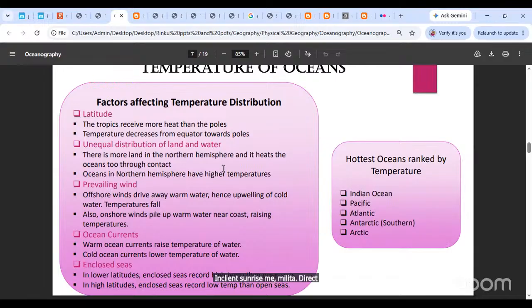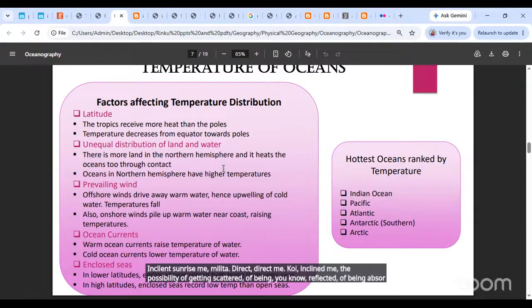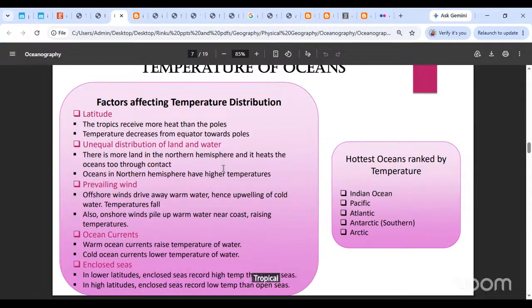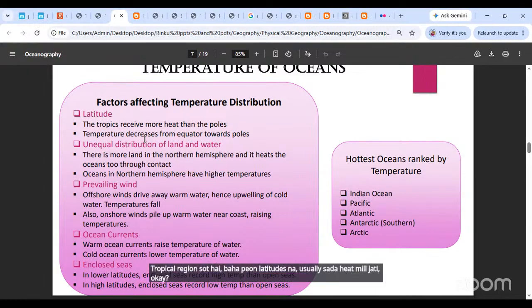डायरेक्ट में, क्योंकि इंक्लाइंड में the possibility of getting scattered, of being reflected, of being absorbed by the atmosphere वो बहुत बदल जाता है, राइट? वो चेंज हो जाता है। तो क्लियरली जो मिडिल लैटिट्यूड्स होते हैं, ट्रॉपिकल रीजन्स होते हैं, वहां पे उन लैटिट्यूड्स में यूजुअली ज्यादा हीट मिल जाती है। ओके, एंड देन ये टेम्परेचर इक्वेटर टू पोल्स डिक्रीज होता जाता है, क्योंकि सनलाइट हमेशा पोल्स तक नहीं पहुंचती।